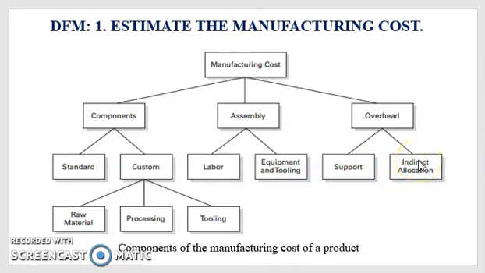Indirect allocations are the costs of manufacturing that cannot be directly linked to a particular product, but that must be paid. For example, the salary of the security guard and the cost of maintenance of the building and the grounds or the shop floor are indirect costs because these activities are shared among several different products. Such costs cannot be directly allocated to a specific product.